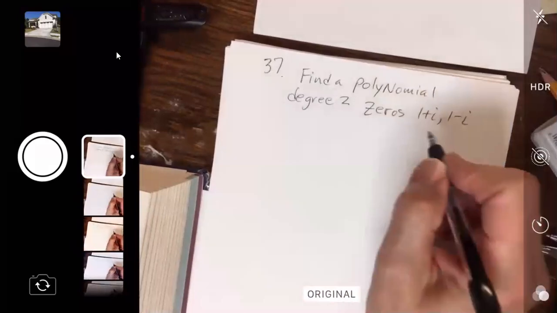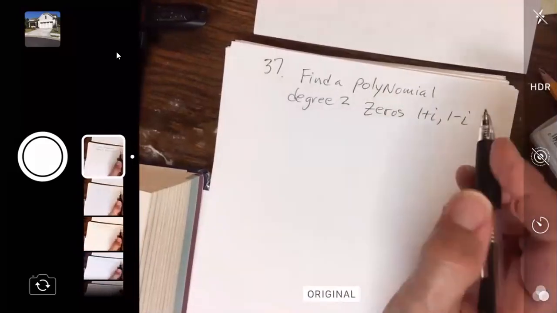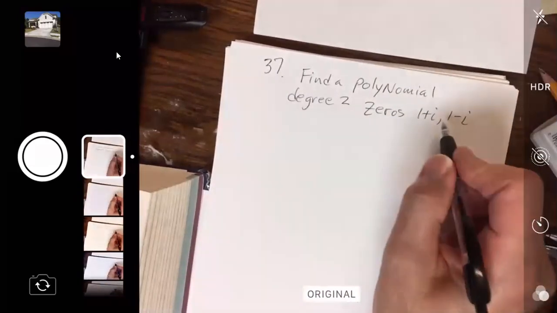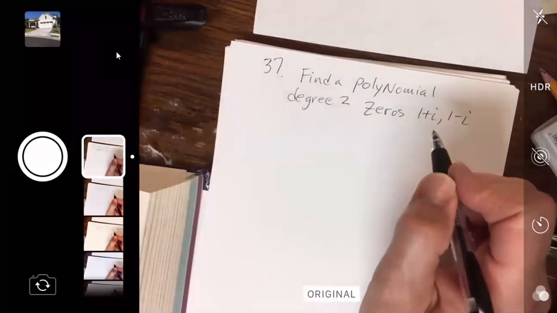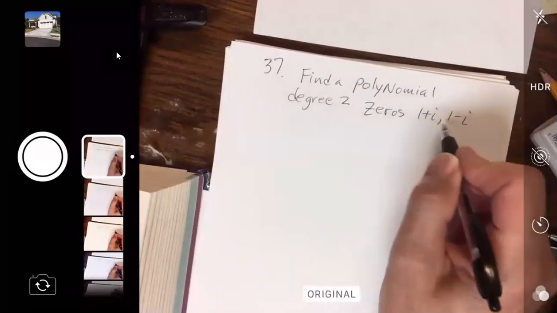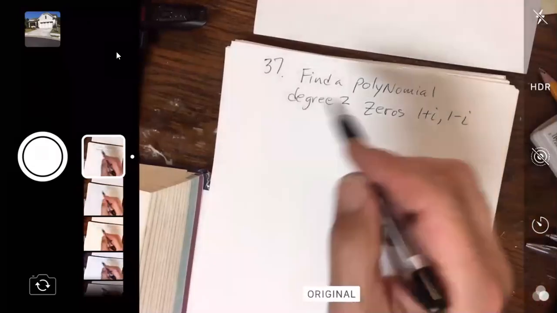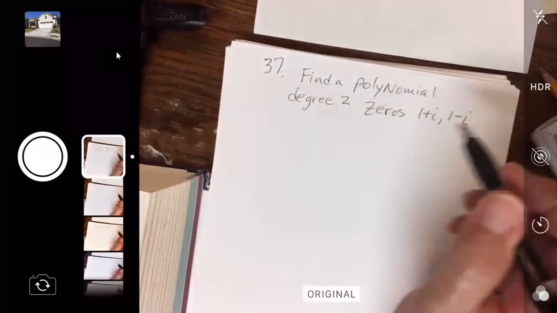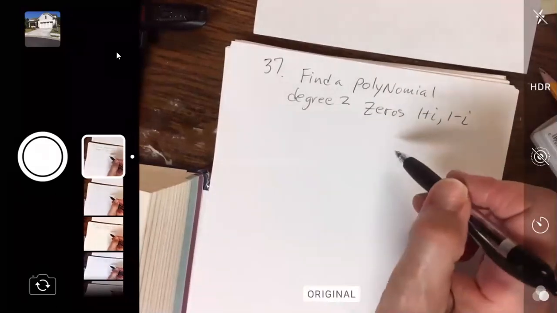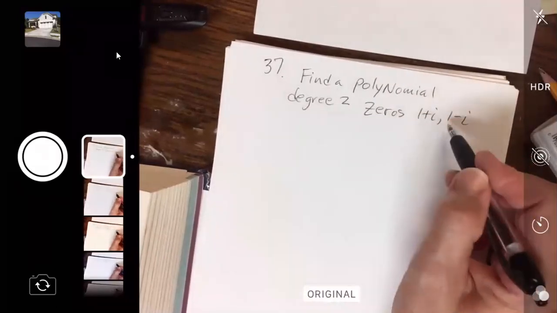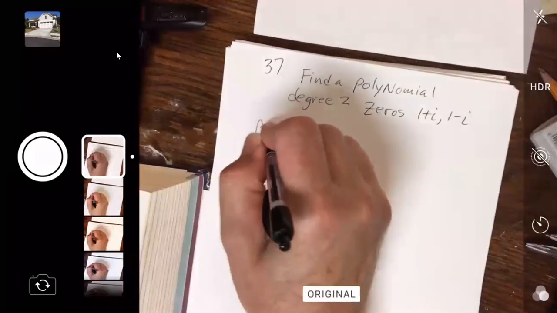So, the way we set this up is, your zeros are like this. Now this looks a little strange. Remember we said all x-intercepts are zeros, but not all zeros are x-intercepts? So this is a case of that being the same. So our polynomial,